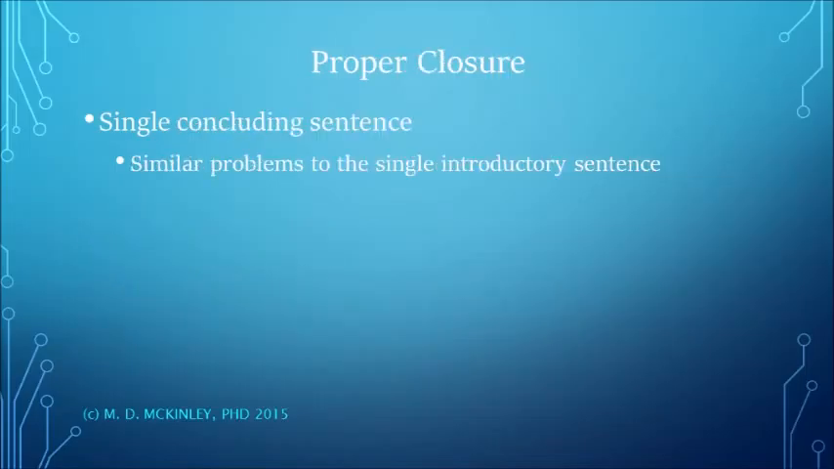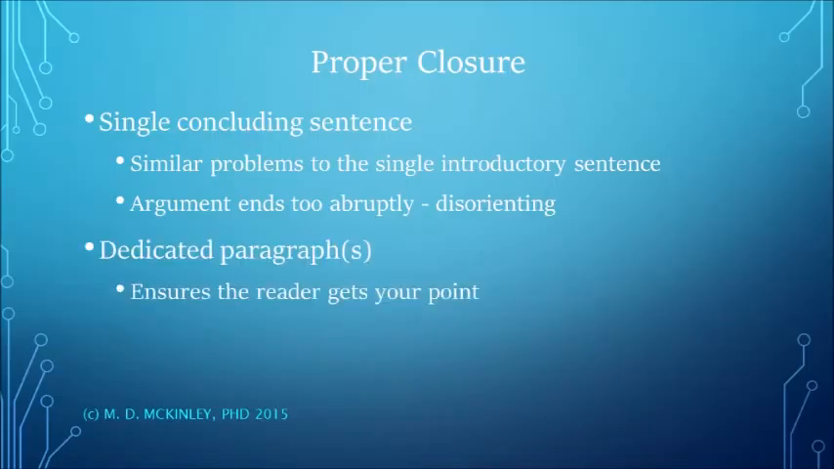The third problem is that a single concluding sentence has similar shortcomings to the single introductory sentence. It is too short, and so it ends the argument abruptly. When making a complicated argument, this is nearly as disorienting as throwing a reader into the middle of your argument without properly setting the stage in the introduction. To give the reader proper closure, which ensures the reader gets your point, you must write at least 1 conclusion